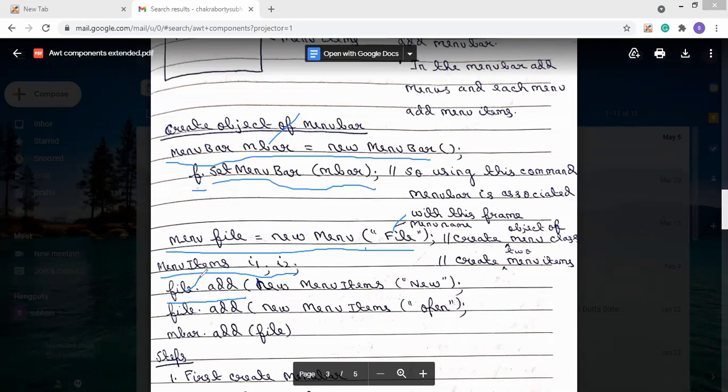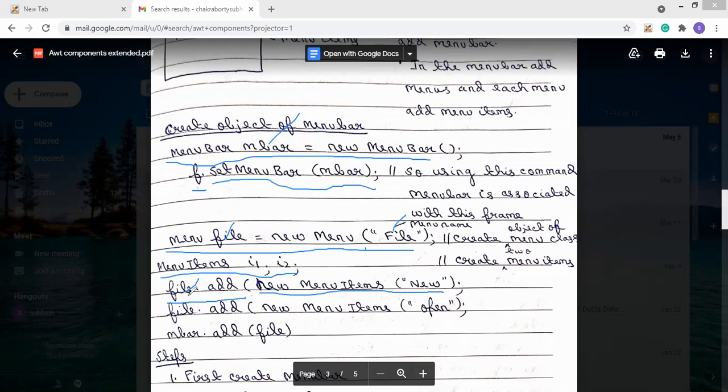This file is the Menu class object. Through the Menu class object we call the add method, and inside this add method we send a new MenuItem named New. It means a menu item is created with the name New, and this menu item will be added to the file menu.